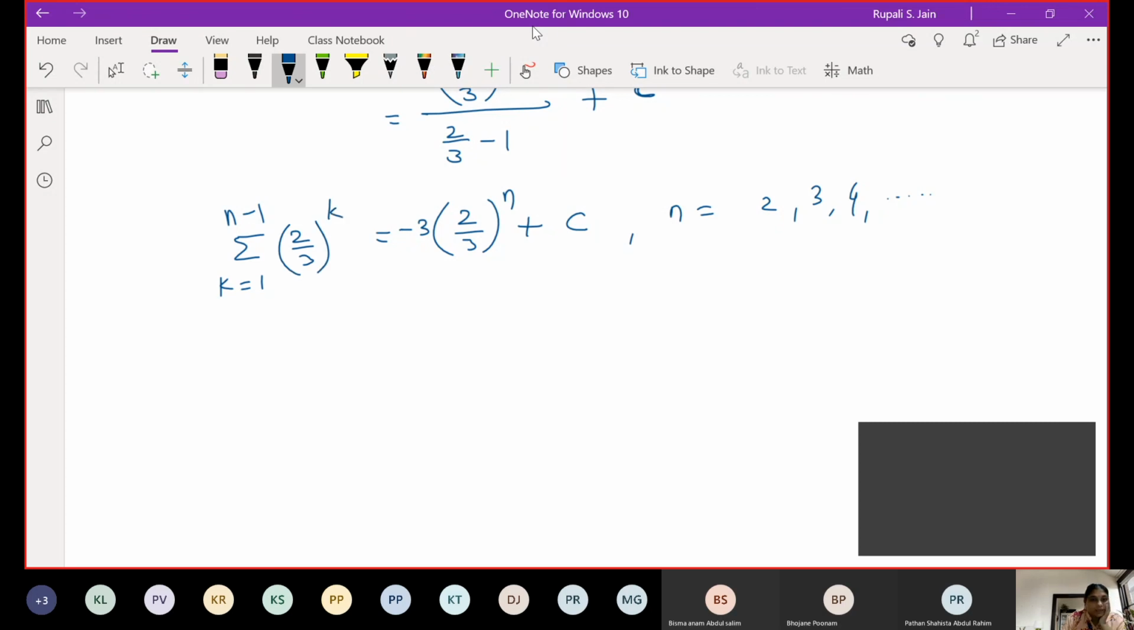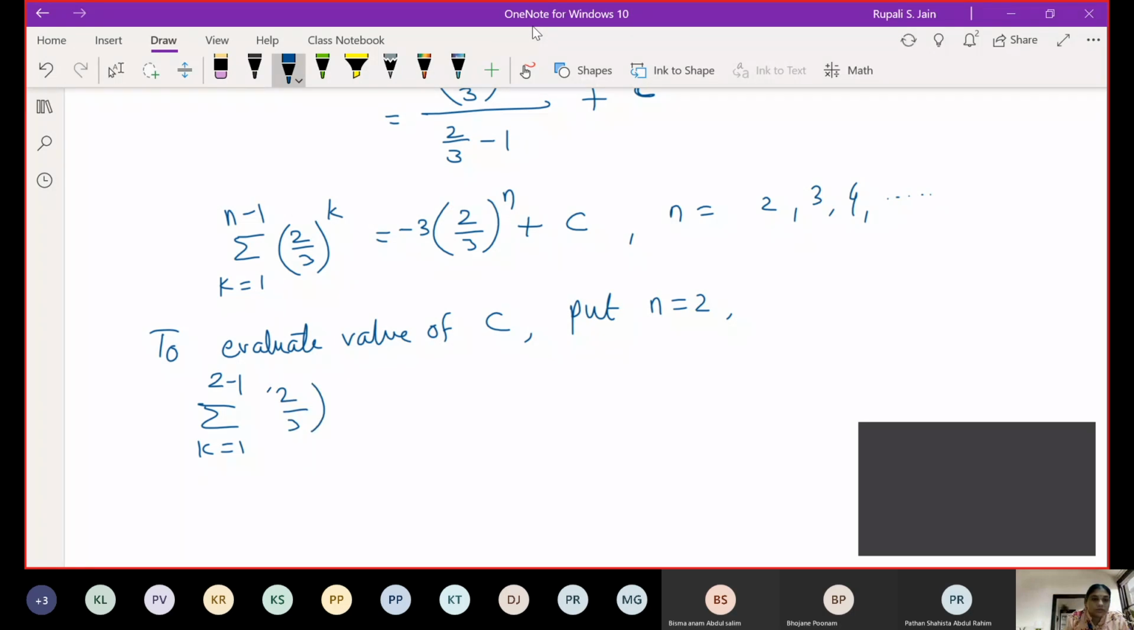Now I want to find this c. So to evaluate the value of c, put n is equal to 2. What will I get here then? Summation k is equal to 1 to 2 minus 1 of 2 by 3 raised to k is equal to minus 3 times 2 by 3 raised to 2 plus c. Is that right? Yes, ma'am. Here I am